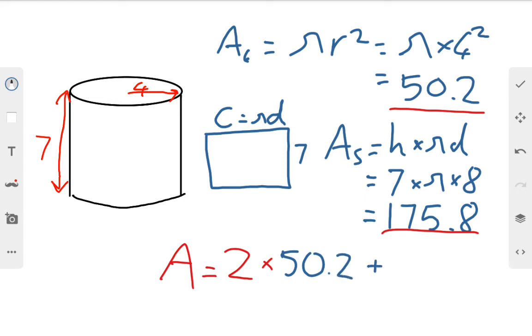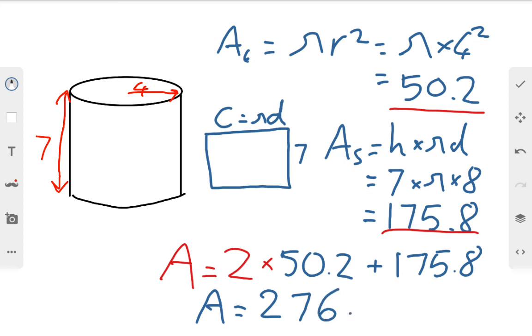And then we only have this one side wrapping around, so that is going to be just that added on. Using our calculator again, to give a final area of 276.2. And if this question had units, they would be square